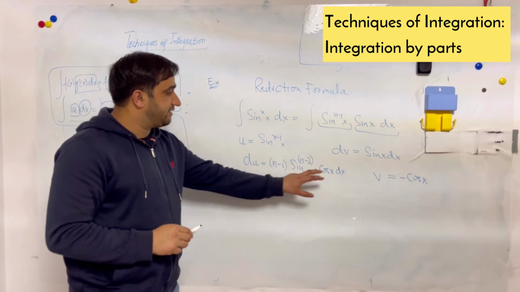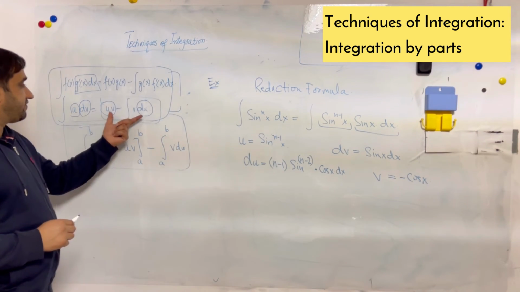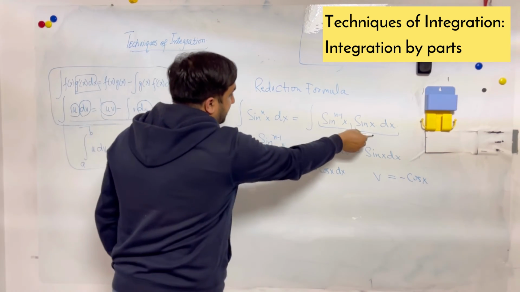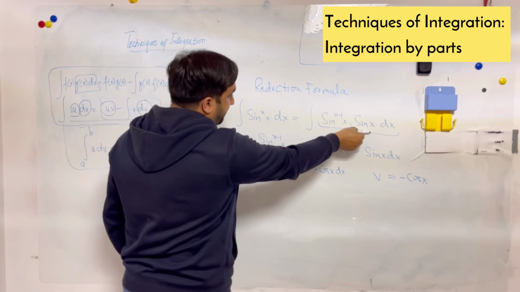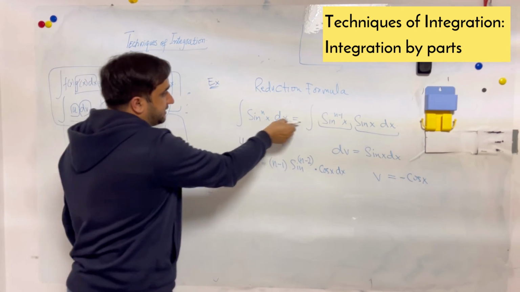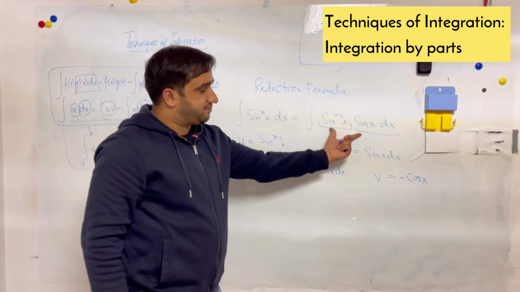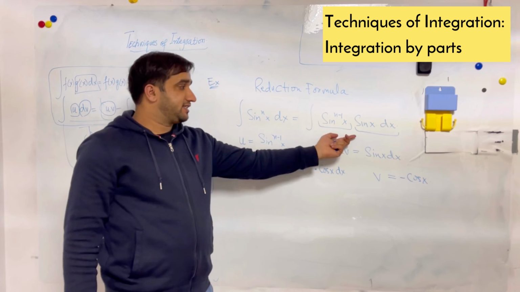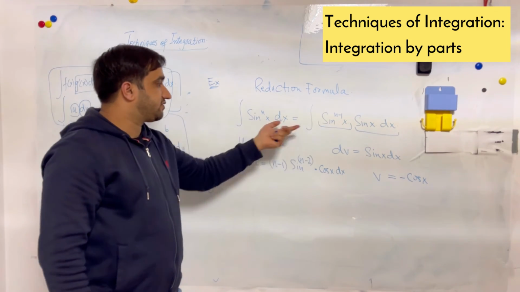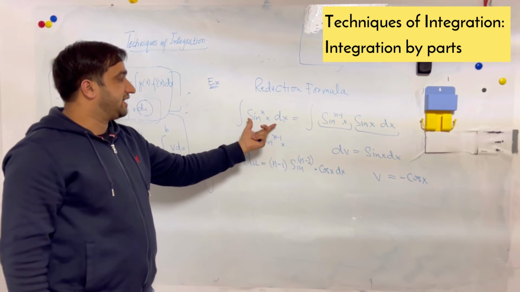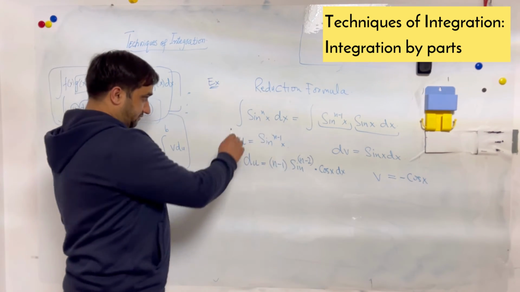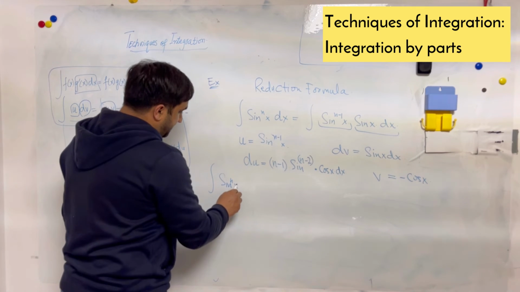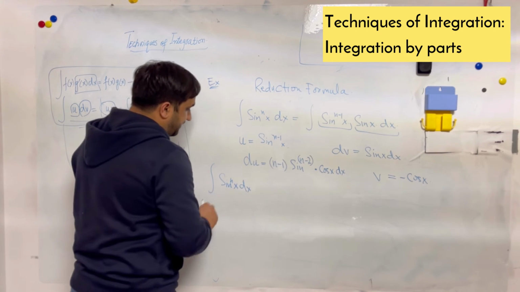Now we have all the information to put into this formula. So my integral, this thing which is actually equal to this thing, so instead of writing this, I can simply write this. They both are same. I made this splitting to make these factors. So it is my choice to write this one or this one, both are same. So I'm writing this because we need this on the left hand side. So on the left we have sine raised to the power n x dx is equal to,